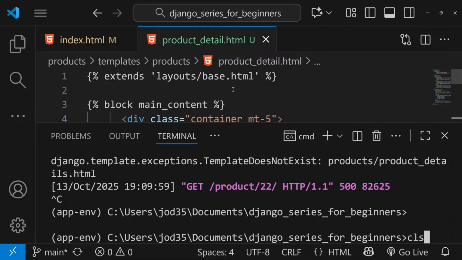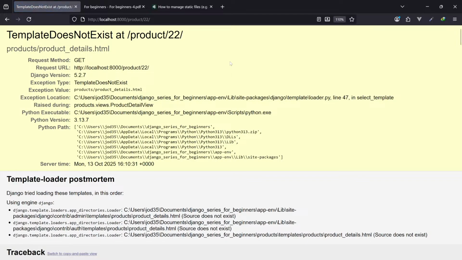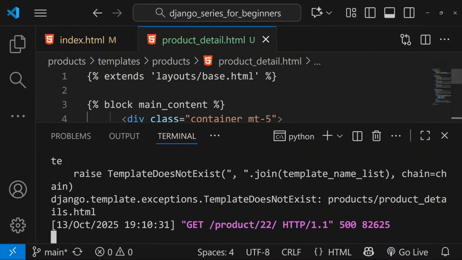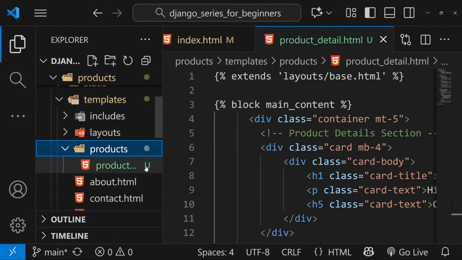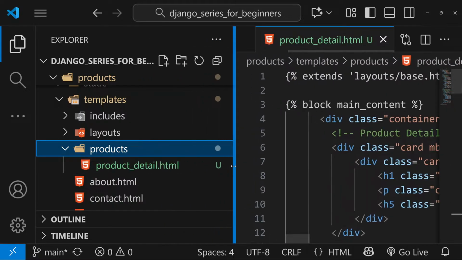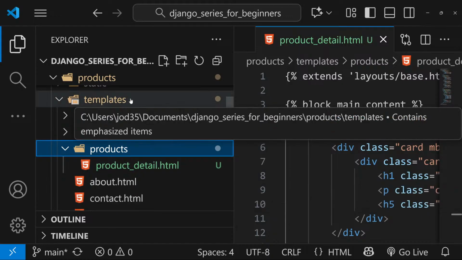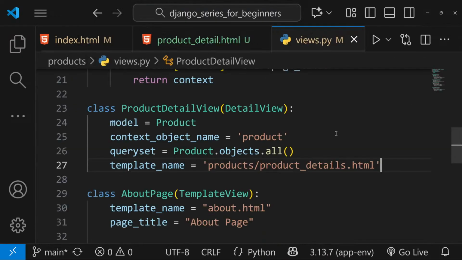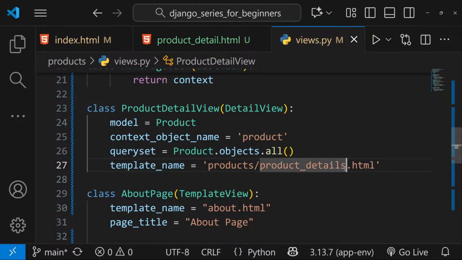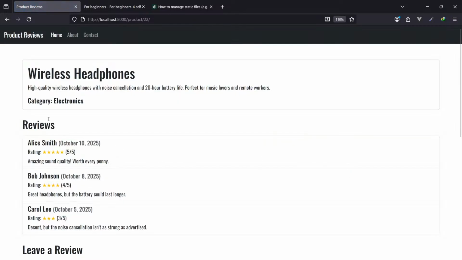So let me try to do that and then run the server. When I add the page, still I see it does not exist. I wonder what I may have done wrong. So I'll go back to my templates right here, products, and then did I make a name or spelling error? So that's product detail, product detail. And then in our templates, let me try to go back to the views. So this is product detail, not product details. Sorry for that. So yeah, when I add that, I have this template right here, which is also a Bootstrap